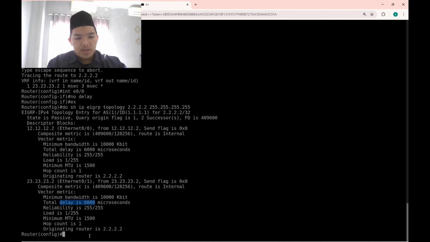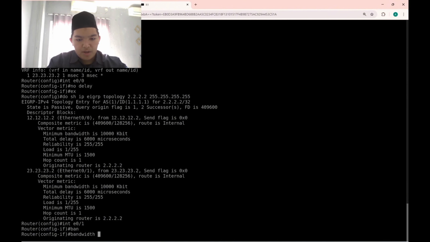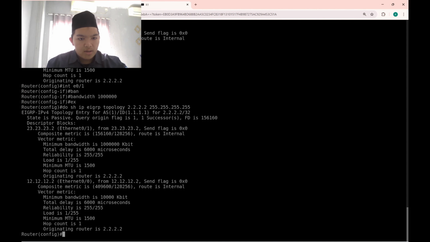And then next I'm gonna manipulate or change the bandwidth, and the bandwidth change is done on the Ethernet 0/1 interface. Just type bandwidth, and then the bandwidth gonna be changed a lot, up to 1 million. Okay, we're gonna see again in the metric. As you can see, the bandwidth is 1 million, so it means it's gonna be very fast.